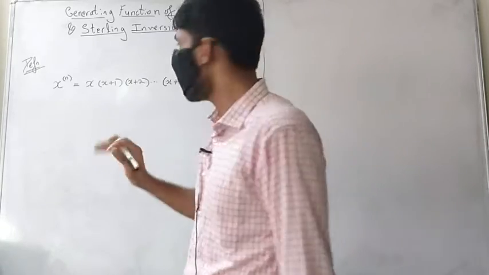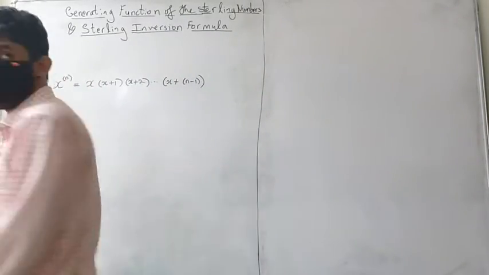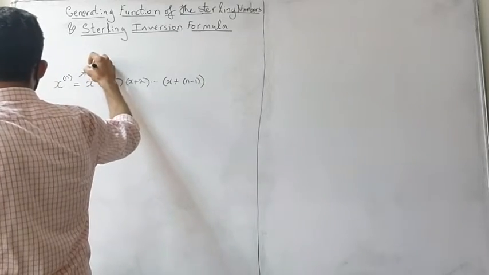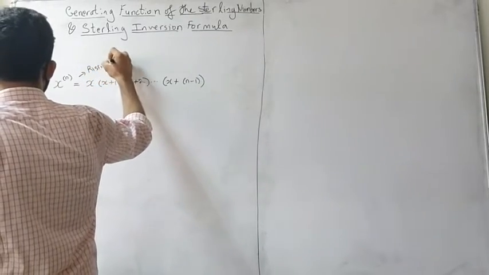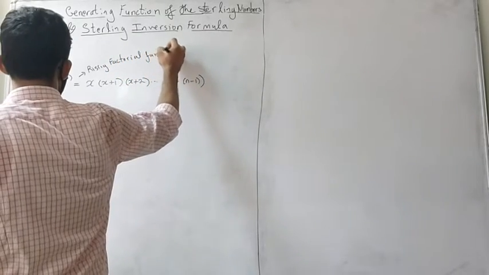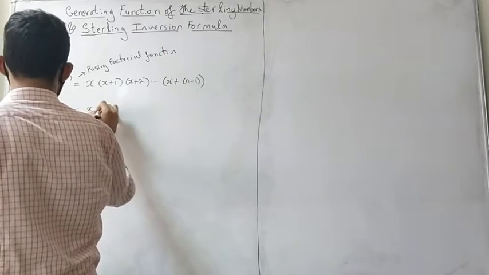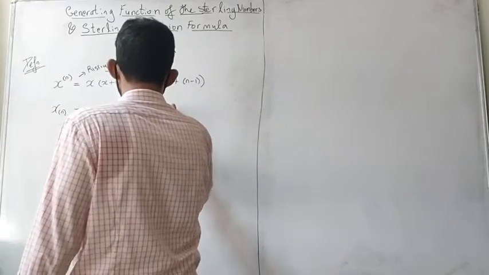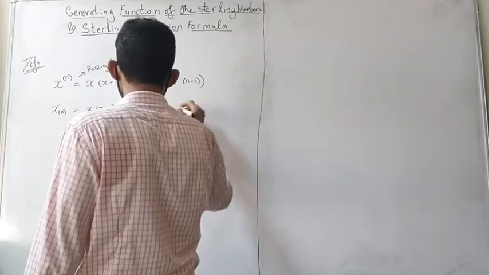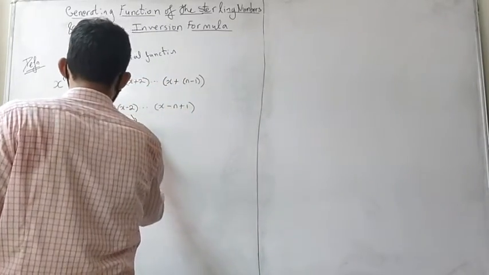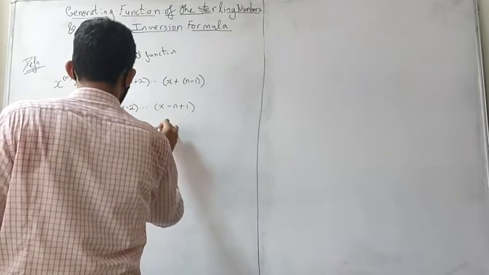and this is going to be an nth degree polynomial, correct? Okay, and we will define the following factorial function, which is x to the n rising, this is called the rising factorial, and this is called the falling factorial function, which is x times x minus 1, x minus 2 up to x minus, now it's x minus n minus 1, which is x minus n plus 1. Okay, that is the falling factorial.